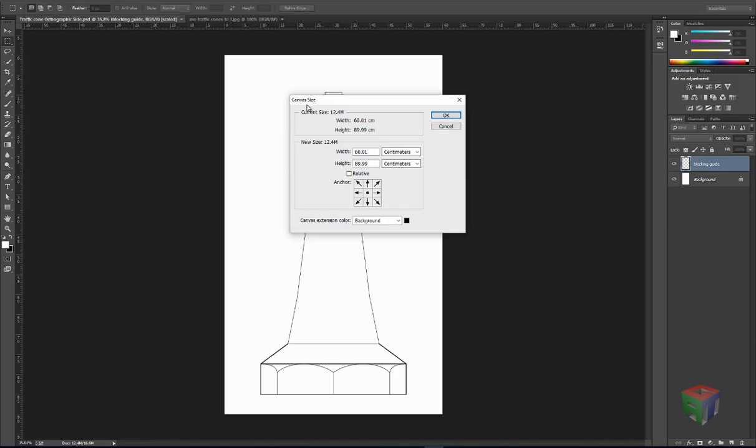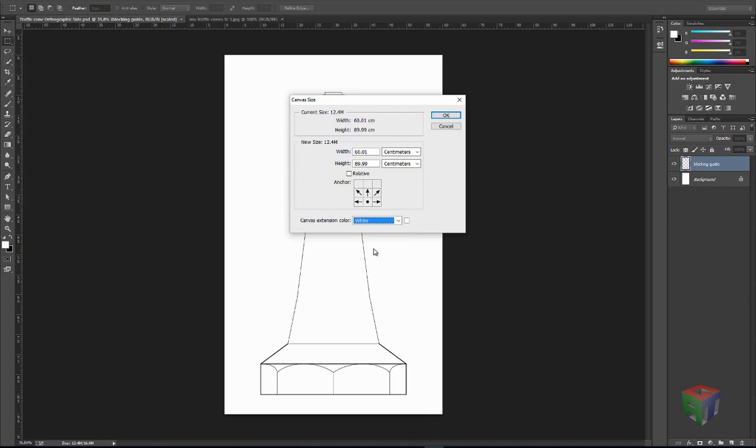In the canvas size we can change our height, we can change our width, and we can change which direction it will extend the canvas. So if we leave it in the center, it will just extend the canvas height above and below, or we can tell it to extend it above, or we can tell it to extend it below the canvas. So this should be above,